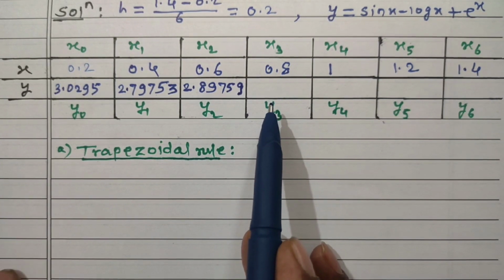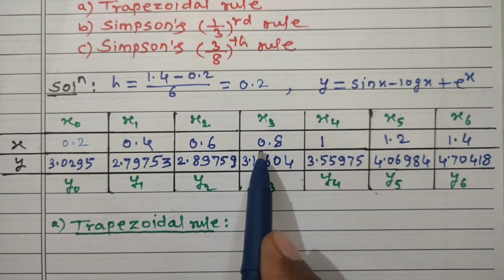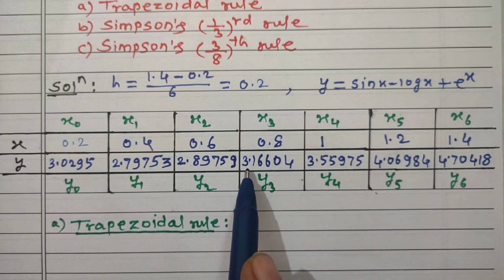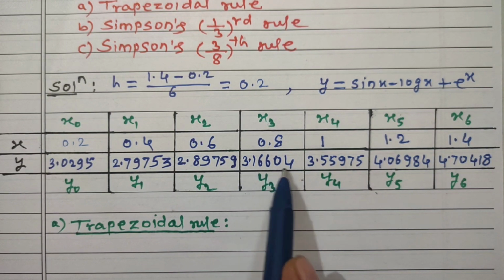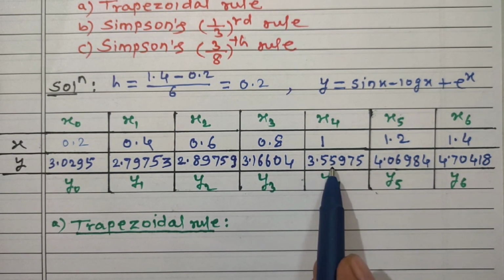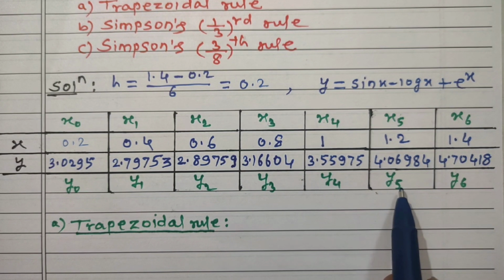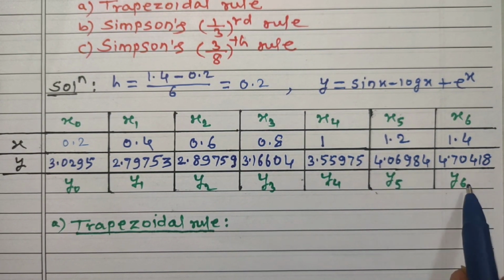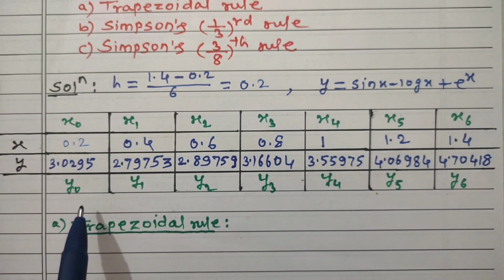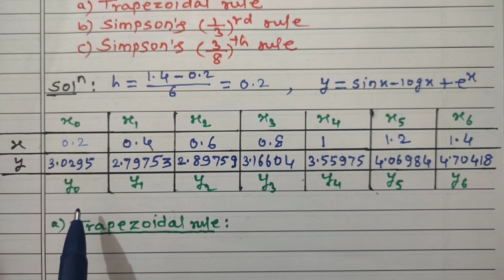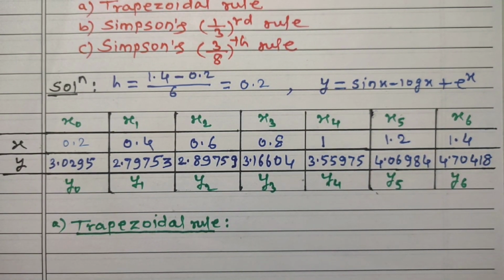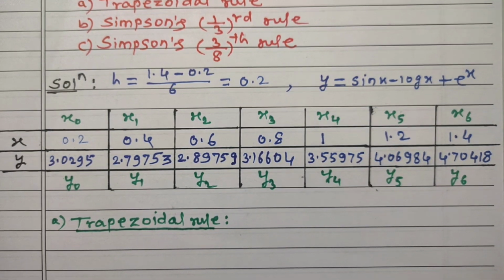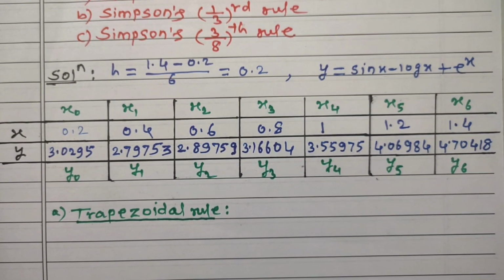Okay, so the values are: x3 is 0.8, y3 is equal to 3.16604, y4 is equal to 3.55975, y5 is equal to 4.06984, y6 is equal to 4.70418. All ordinates we have obtained. Now use the formulas for the trapezoidal rule, Simpson's 1/3 rule and Simpson's 3/8 rule to calculate the value of integral I